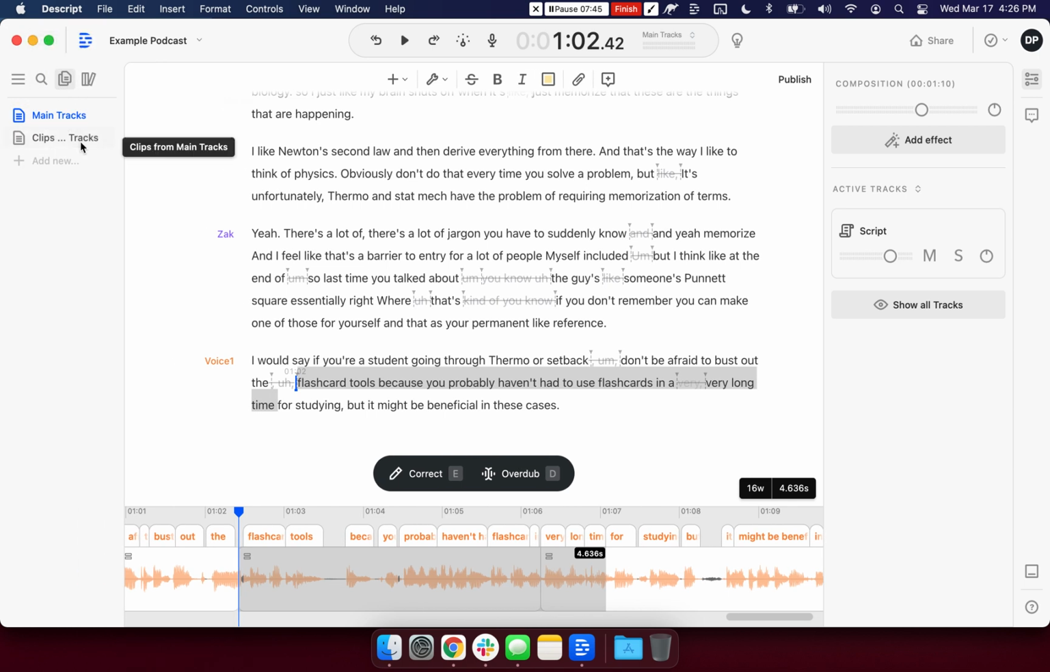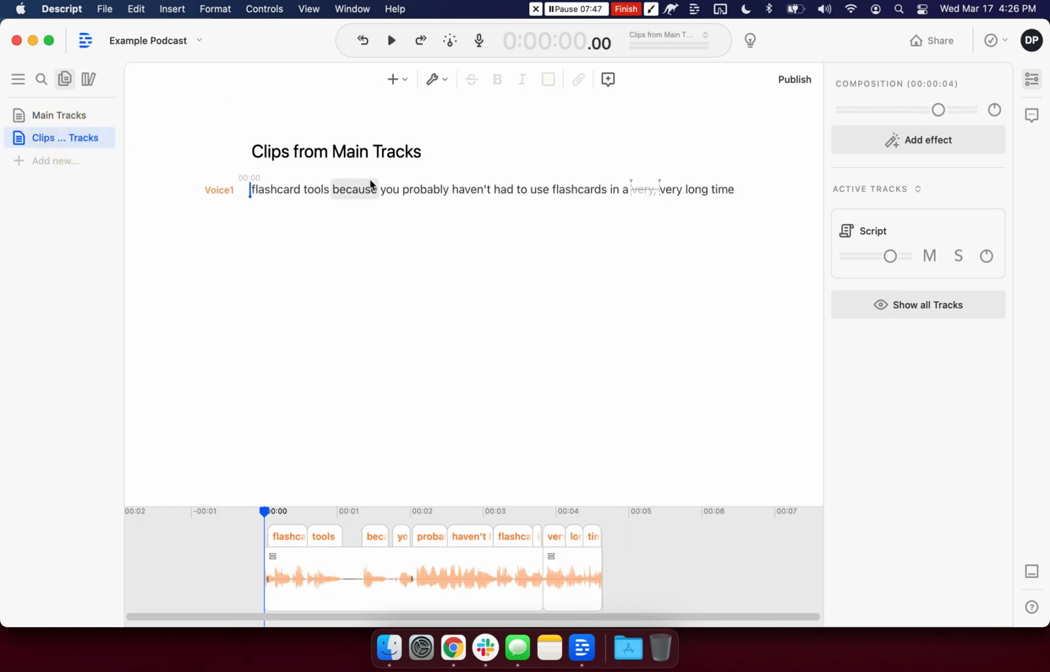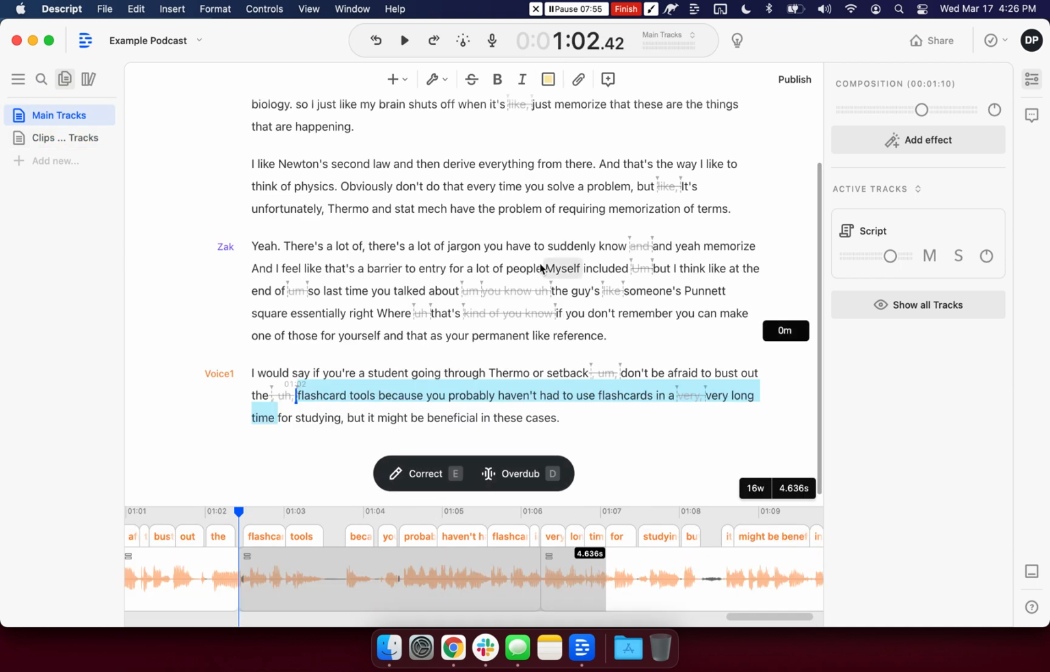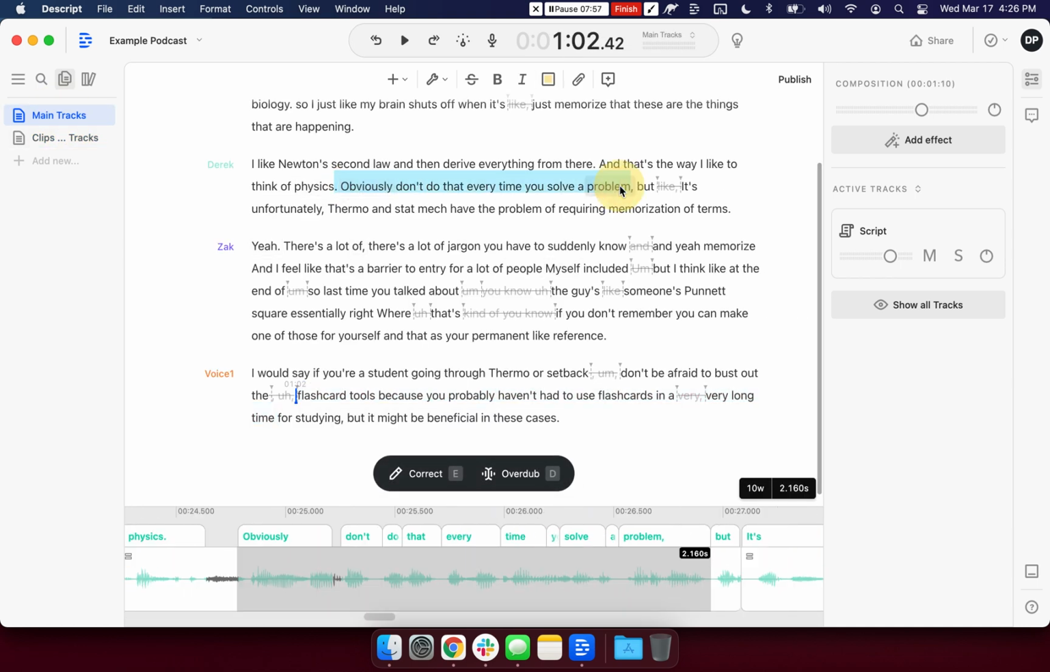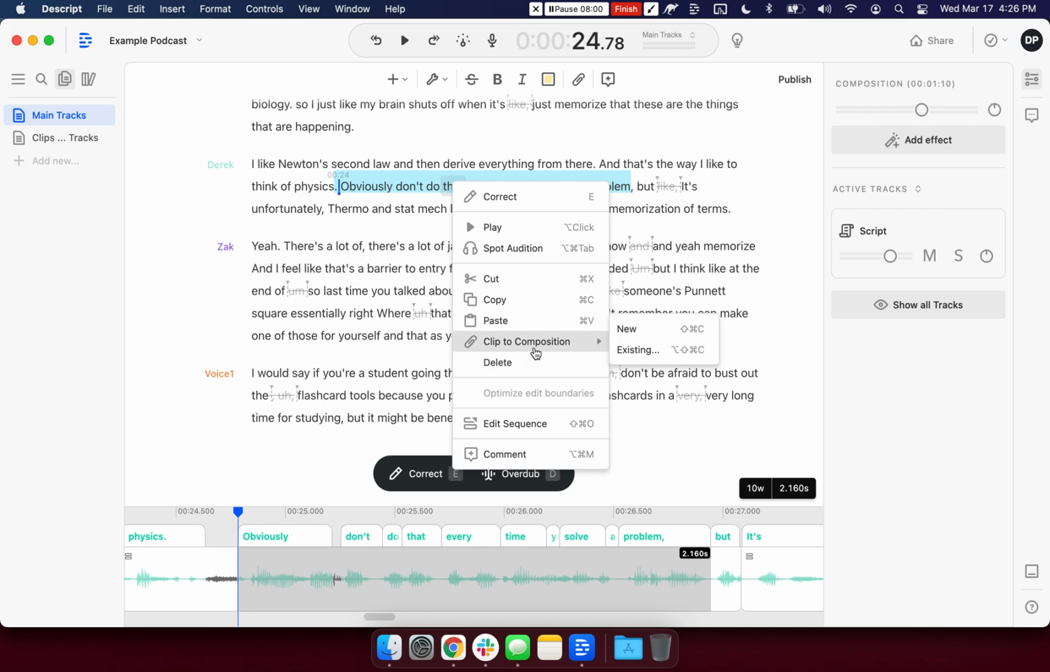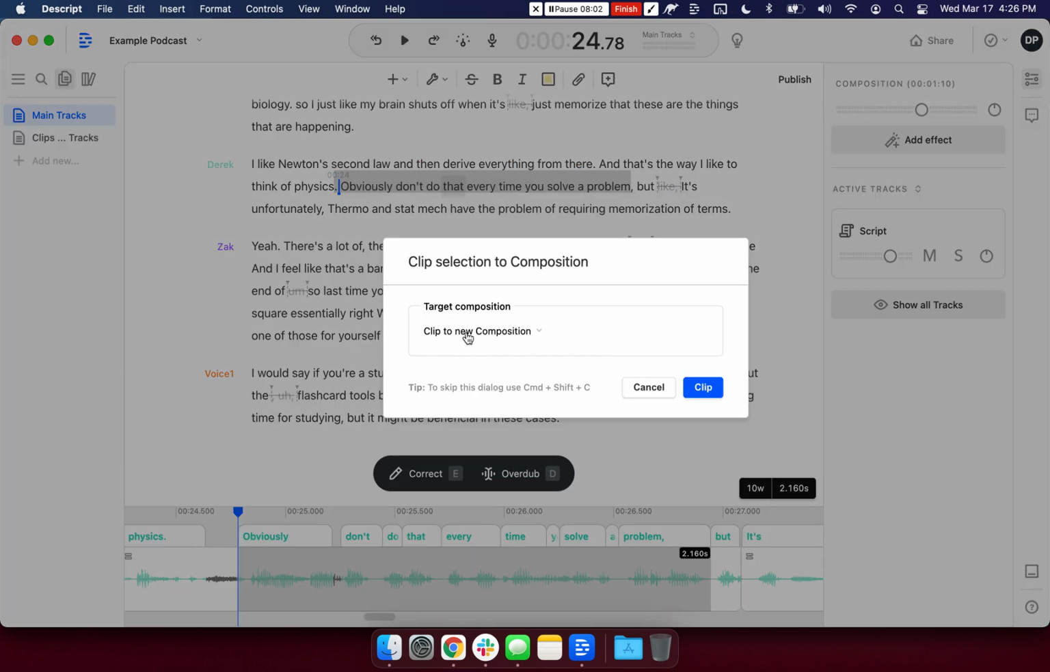Nope. There we go. Clips. That's what I wanted. So what it did is it copied the text basically, but also the audio, because that's what Descript does, into another composition inside the same project. So as I find things I like, I'm like, oh yeah, this is perfect. That's what I want. I'm going to add it to the